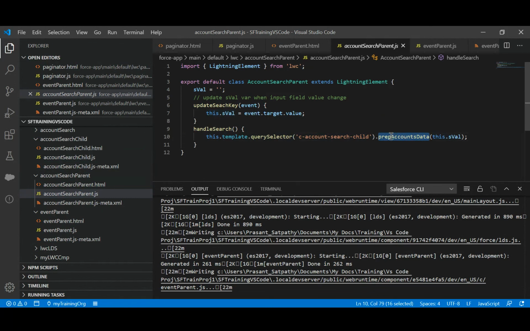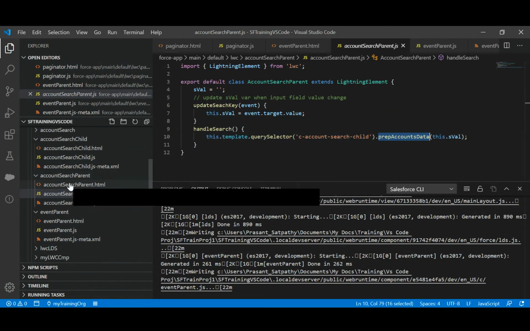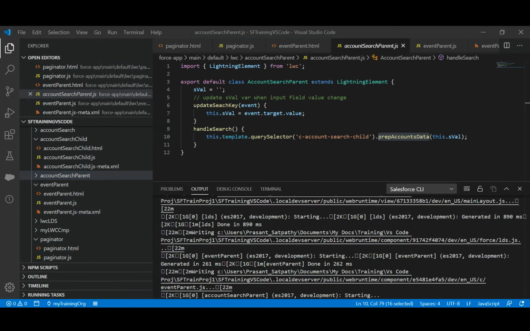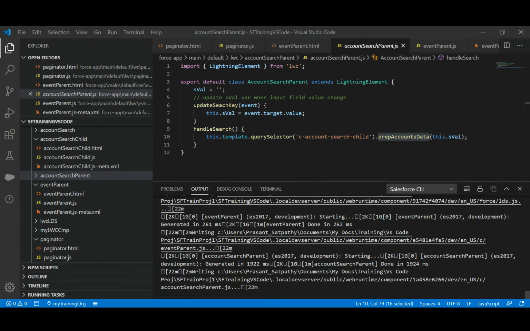So this is the child component method, prepareAccountsData. It's like component.find in Aura: find your child component, and then call its method. Okay, so if I just try it out locally and I search,